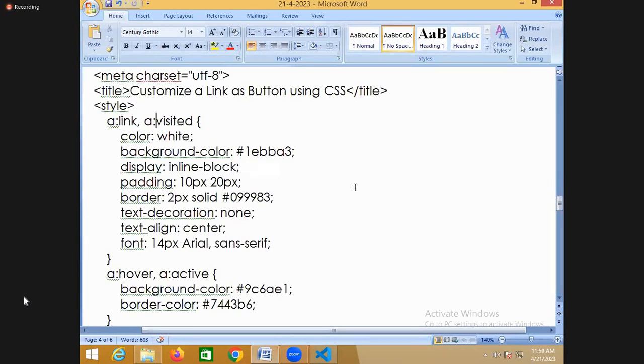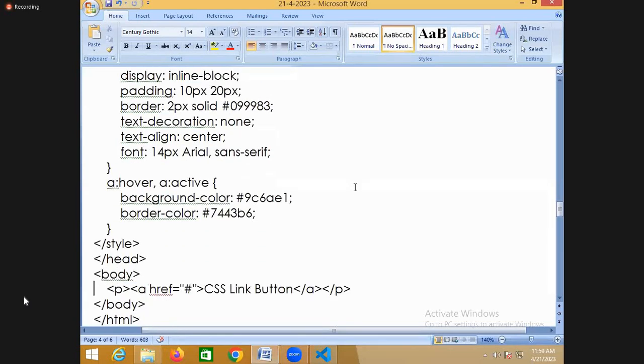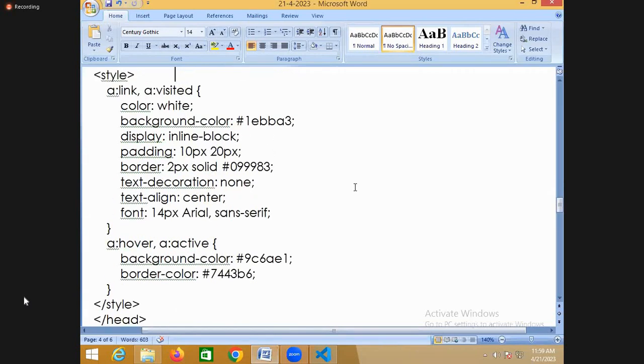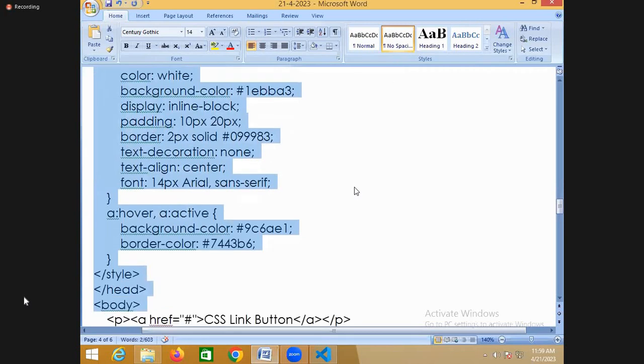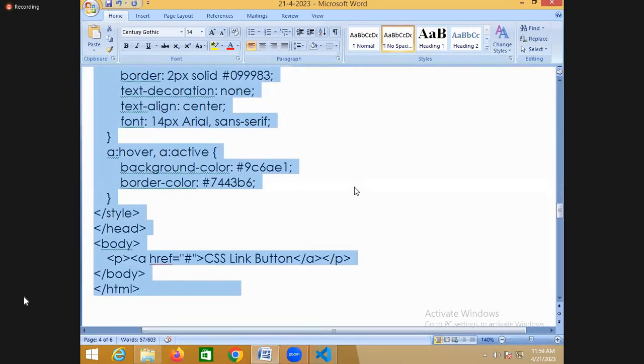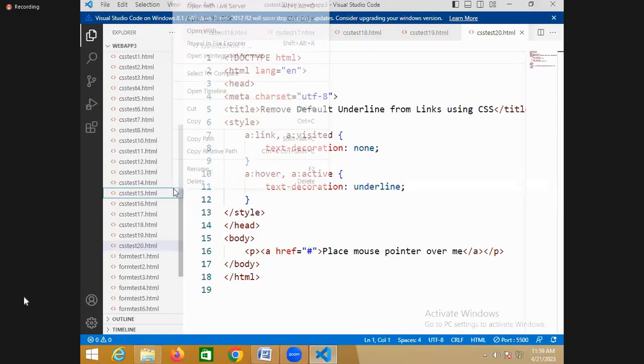Right, now you can individually set this. But here I just define how many selectors here? 2 selectors. One is the anchor link normal as well as what? Visited. Now just to see here. Now I try to use some hyperlinks. Now this is a href and this is CSS linker button, right? But this link is displayed as what now? Button. This link is displayed as a button here, right? Yes, for example,